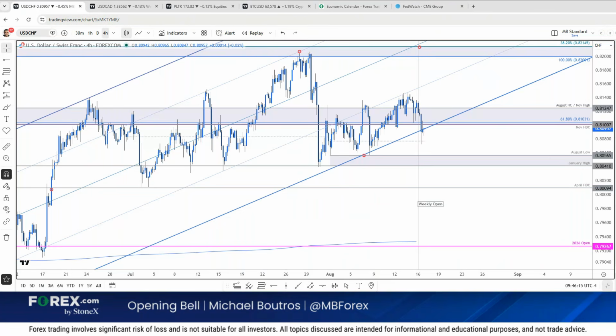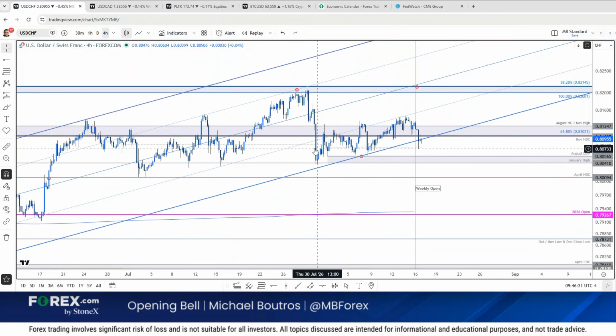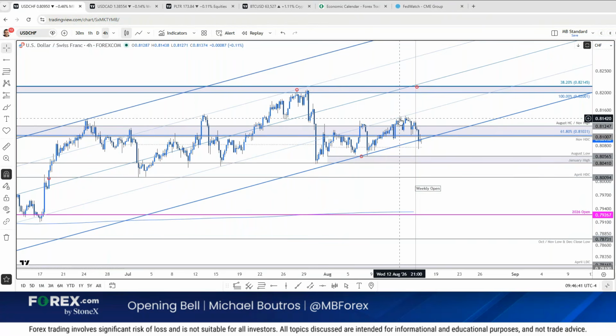Okay. Don't see Mesfin in the room here today, but I know you've been tracking this for a while. We're still holding the objective monthly opening range. Here it is. We opened the month, we dropped into it, and we registered an August low at 80.56. The January high was 80.41. We highlighted that as key support. We tested it last week, right into the close, right before I left, as support. And then the rally last week failed at the 25% parallel right there. Resistance, resistance, and we broke lower.